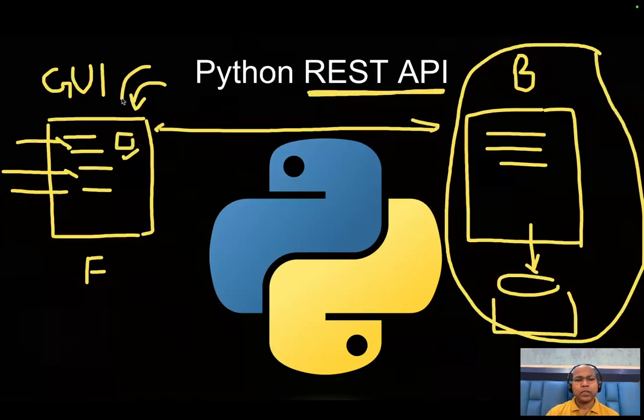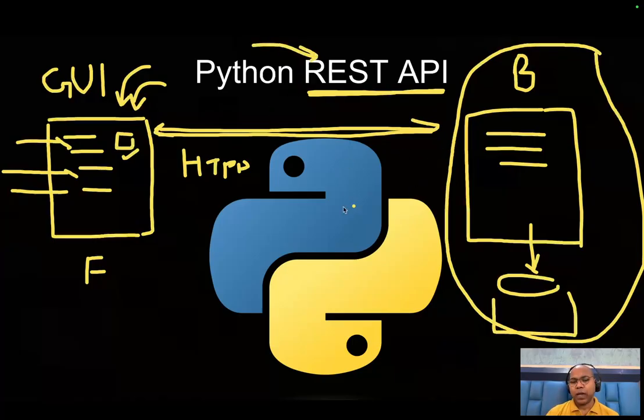Because our application generally runs on the UI on the HTTP, HTTPS protocol, and REST API is the one contract between the backend application and front-end application, for how they exchange data from the front end to back end, back end to front end. So data or information is generally transported from the back end to the front end or front end to the back end in a specific format,